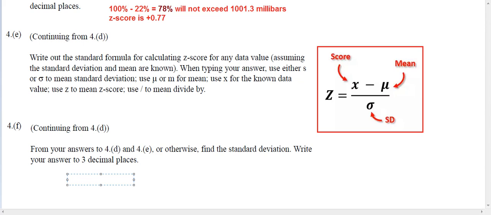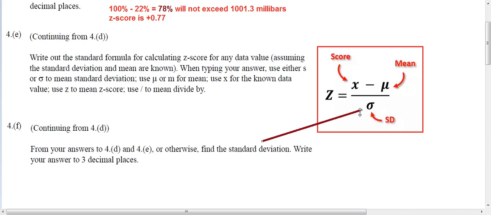The thing that we want to find is the standard deviation, so we're trying to find this in the formula, and we have all the other data. So you input the data: 0.77 is going to be equal to